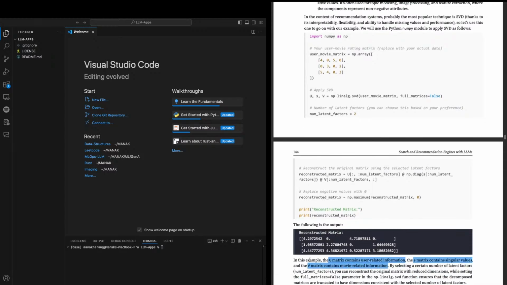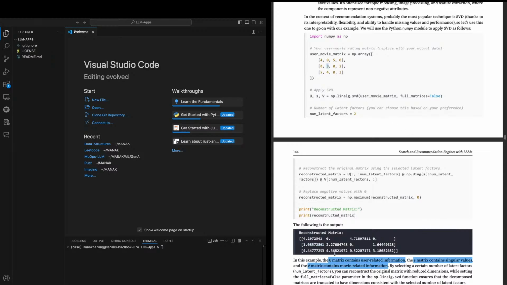So if you see, this is 4.29, this is 4, this is 0, so it's still 0. Then this is 4.7, so this is close to 5, 0 is 0. Then this is 0, but this has been rated as 1. So even though I think he might not have rated it, the computer rated it, that okay, the user might not have liked it. And to be honest, if it was a highly liked movie, there's a higher chance that the user must have watched it, given this data has very movie buffs.